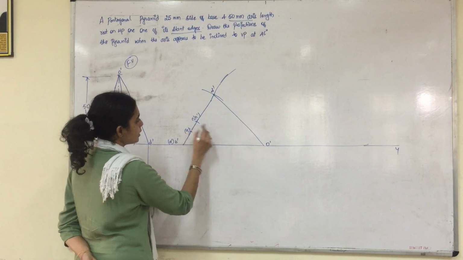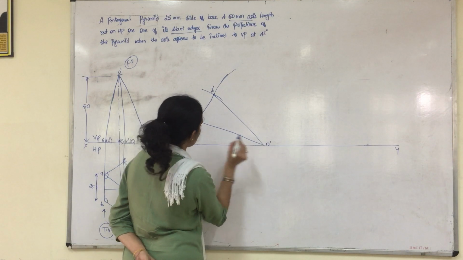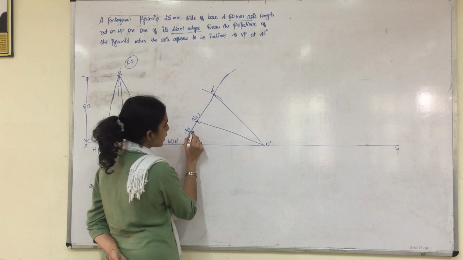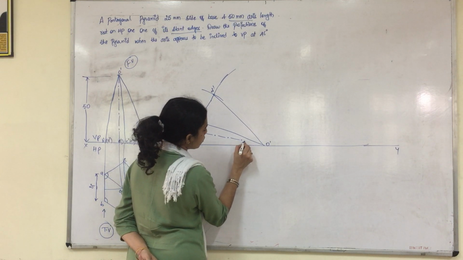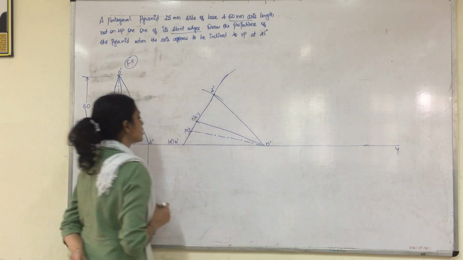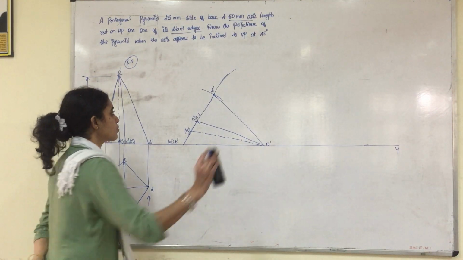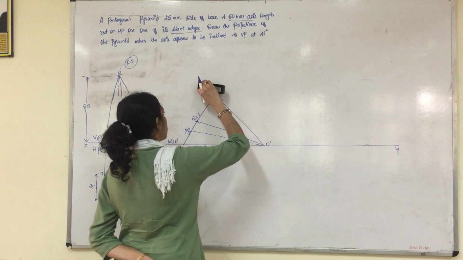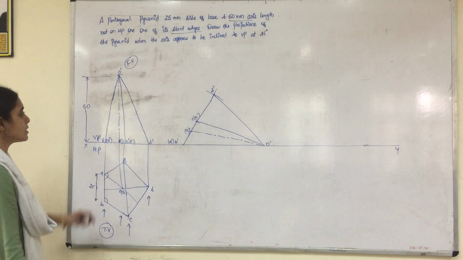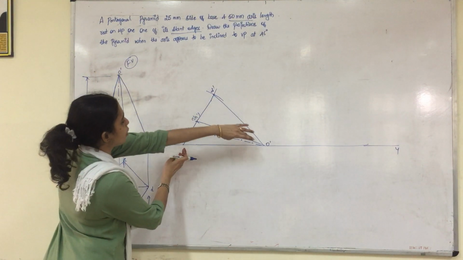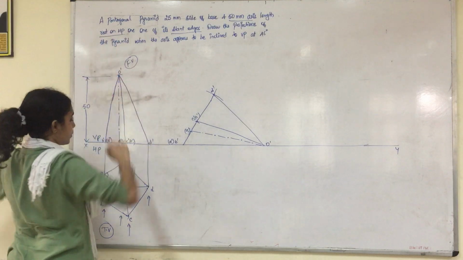After that, kindly join those projections through the apex axis line, this is O1 dash, so please show center line pattern only. Don't do it as a continuous visible line. Once this is done, the extra arc which is visible you can cut short. So a little bit of construction will be visible. Now we can see the slant edge is on the XY line because the slant edge is resting on HP.